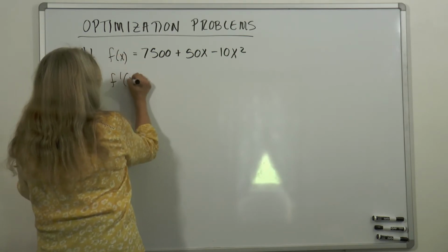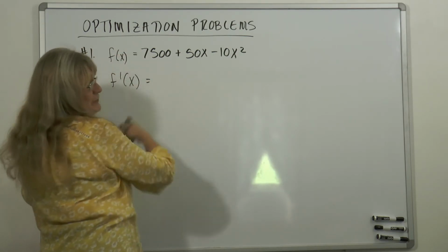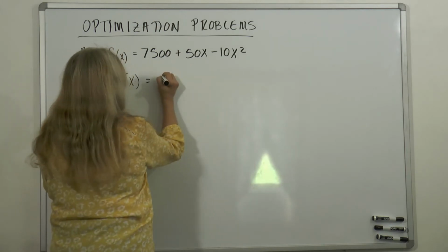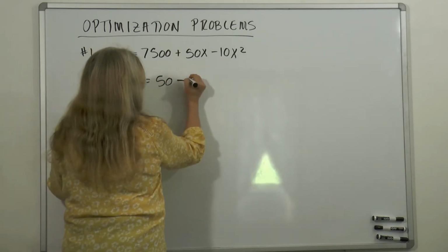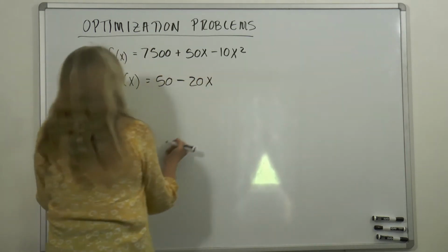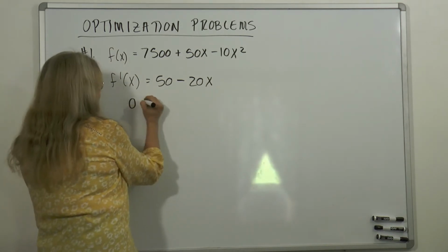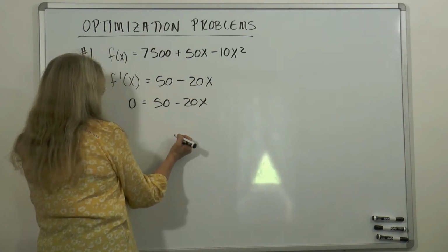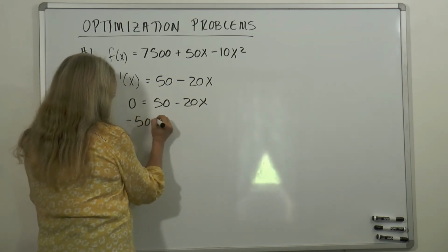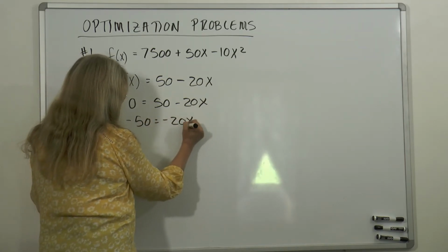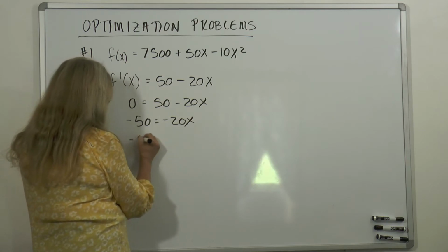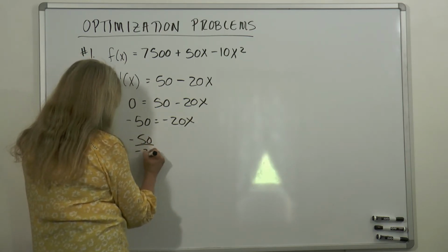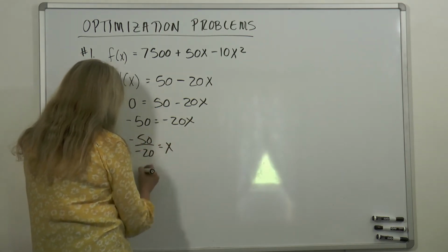Okay, how about this? Derivative of 7,500 is 0. Derivative of 50x is 50. Derivative of this is -20x. I believe I did that. Now set it equal to 0. Okay, so -50 equals -20x. Divide both sides by -20. And that gives you